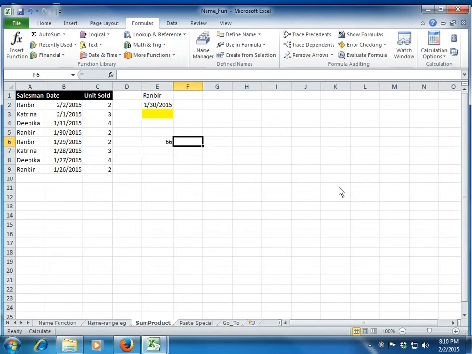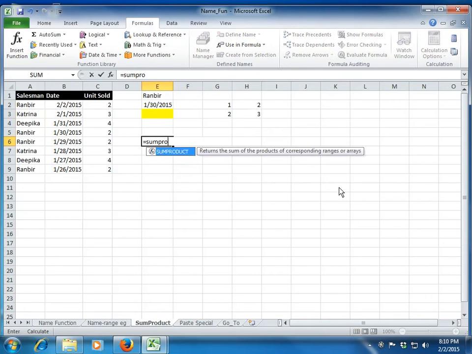So what exactly are we doing? Let me take a simple array, 1 2, and let me take here another, 1 2. It can be anything, not necessarily the same values. Let me explain what a SUMPRODUCT function is. So I say SUMPRODUCT. What is the first argument? Array 1. What is my second argument? Array 2. And I close the bracket.